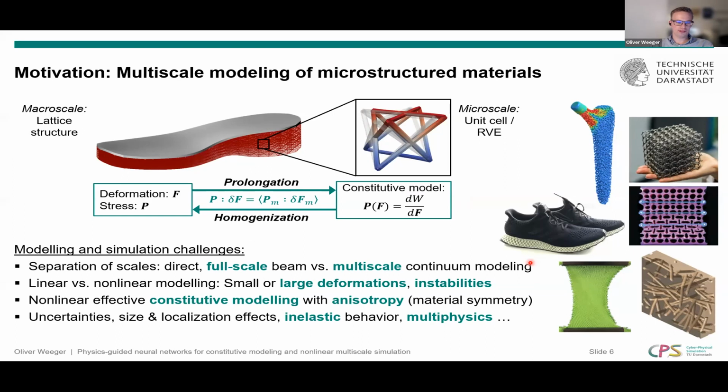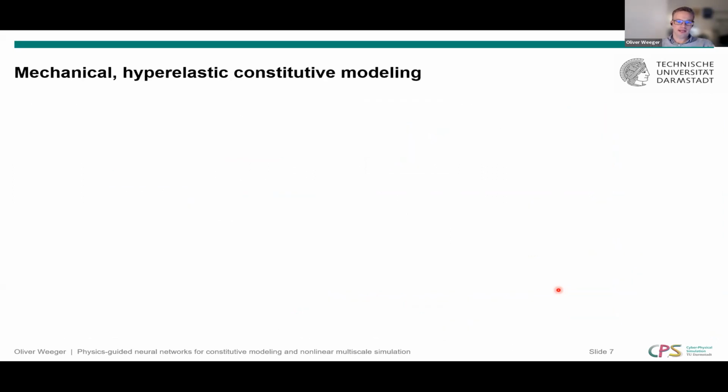Other effects that we might want to consider are uncertainties, size and localization effects, inelastic behavior when the microstructure does not behave purely elastic but maybe viscoelastic or elastoplastic, and multiphysics when the mechanical behavior is, for instance, coupled with electromagnetics, which would be the case when we have magnetic particles inside a polymer matrix and we combine the deformation and an electric field. And then, when we can model all that, we want to optimize the structure. So for instance, we can grade the design of a structure with different kinds of microstructures. And in order to do that, as I've already mentioned, the big question is, how do we obtain the effective